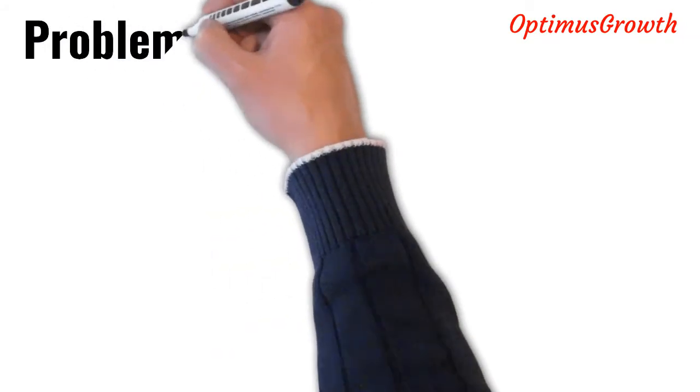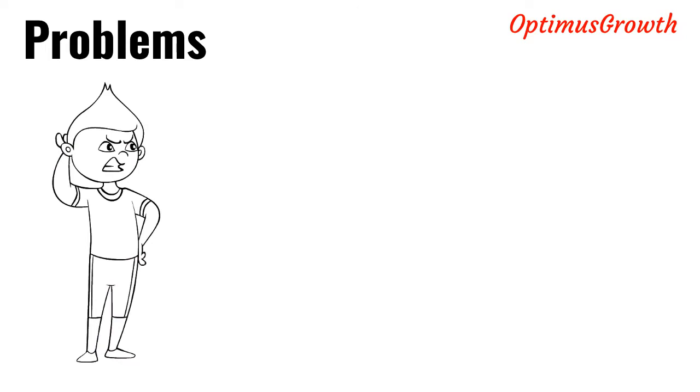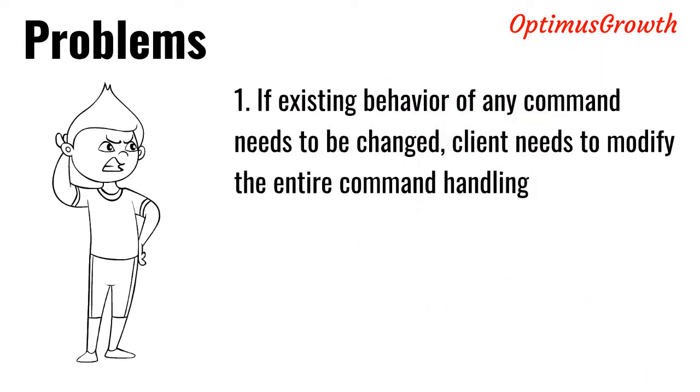Looks like we understand the problem. Raising both hands or a single hand or taking them down, all these are kind of commands which are given to the animated character. But the executors of those commands could be different, like mouse clicks or the gesture detector, right? The problem starts occurring when the client aggregates the entire code of these commands within itself, which leads to our first problem: whenever the existing behavior of any command needs to be changed, the client has to modify its entire code.